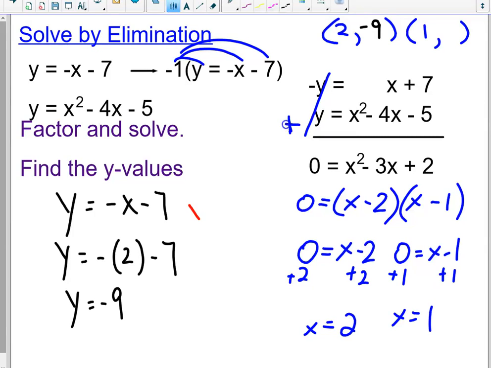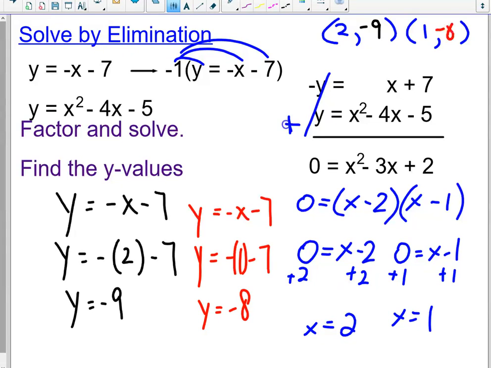Alright, let's do it again, but this time we're going to substitute in 1 for x. So the opposite of 1 minus 7 is -8. So my other answer should be 1 comma -8. I can then substitute those into the quadratic equation, the original one, and prove that they are both the